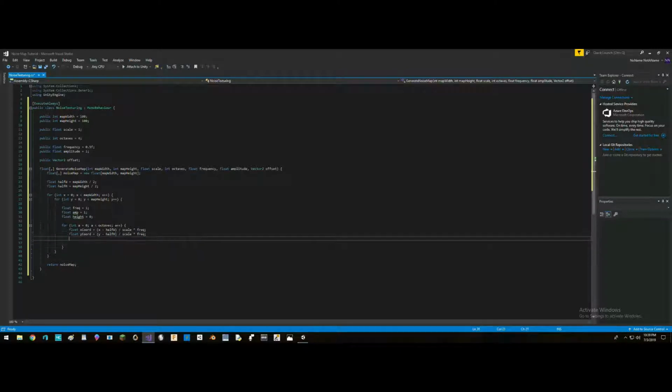Okay, so then we're going to create a value for Perlin noise, and then set that to the Perlin value of x coord and y coord. Alright, so then down here we're going to do some math with these three right here. So the value will plus equal, or equal itself plus